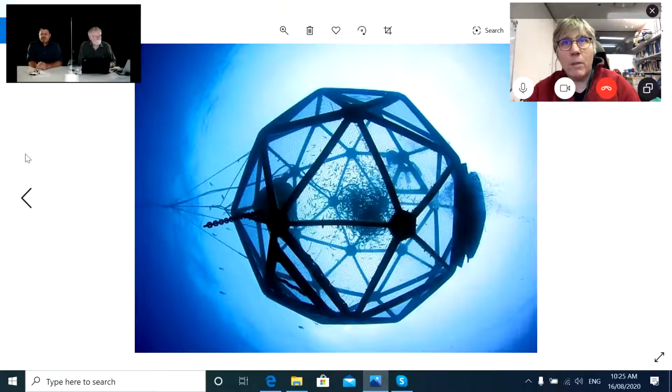So the Kampachi Farms, as they were called then, they've changed their name since, but they were one of the very first people to start doing this deep water farming. And one of the cage designs they've trialled is the underwater cage. So basically subsurface and robots can go in to look after the fish, duck down, and they get robotically fed, so remotely fed. The gentleman sits in his office in Hawaii and presses the button and they get fed offshore. He sees the live camera stream and they...